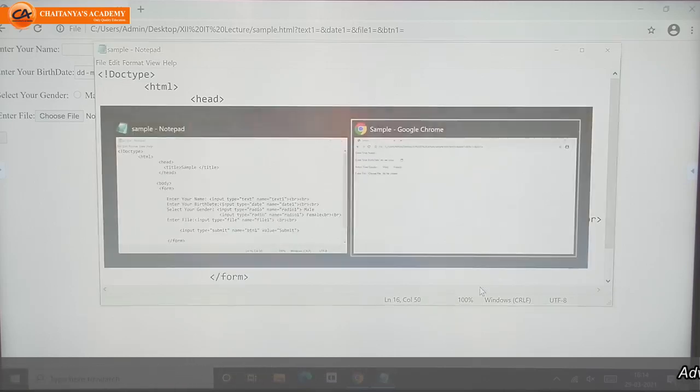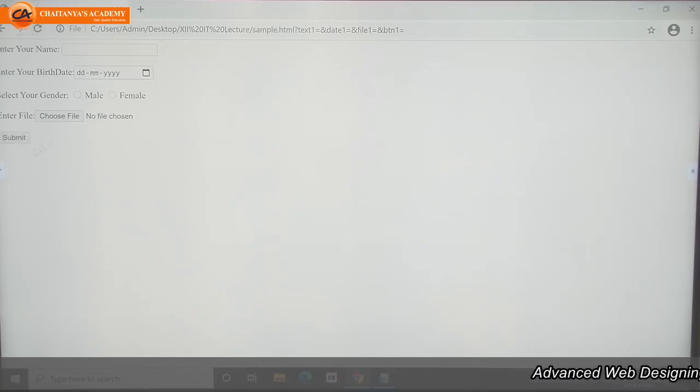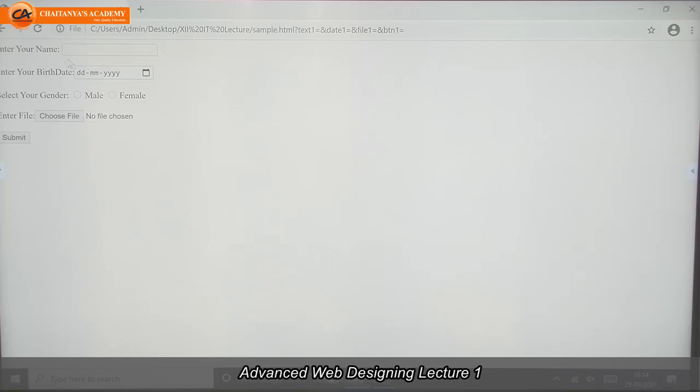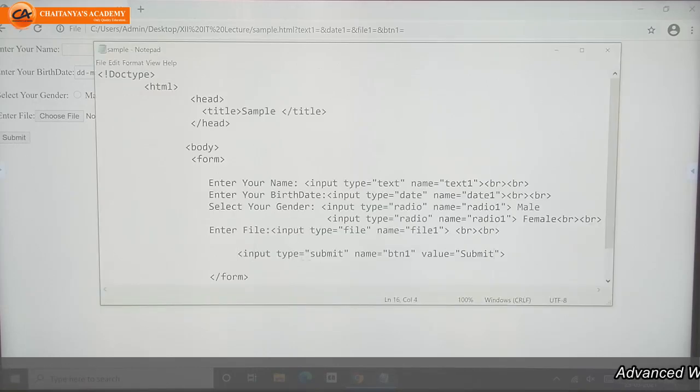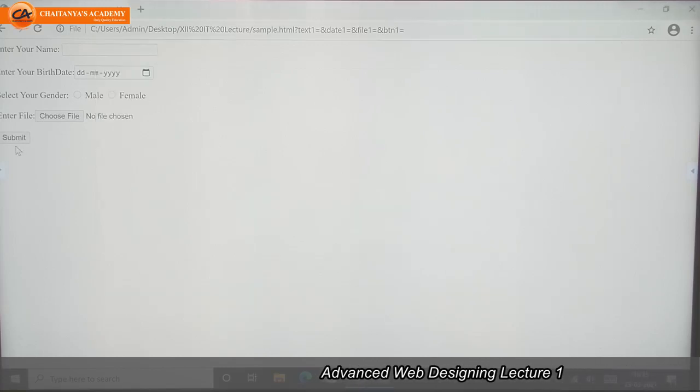Whatever information I wrote here, I want to submit this information. I can use input type submit and value submit to display that value here.